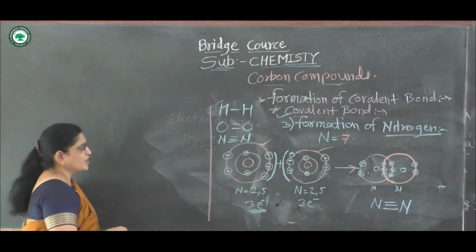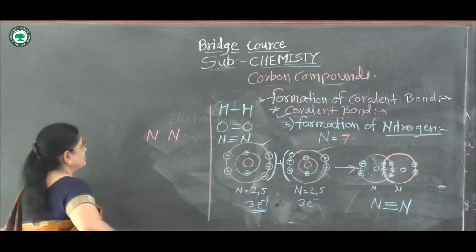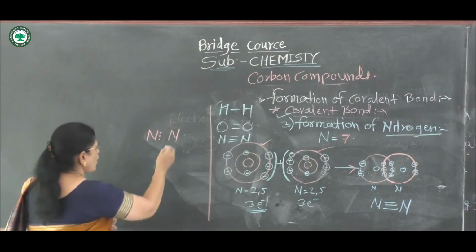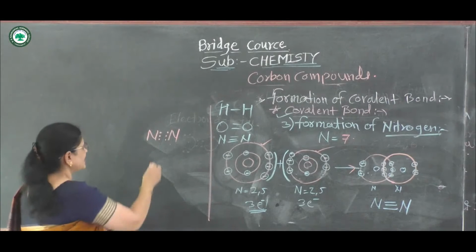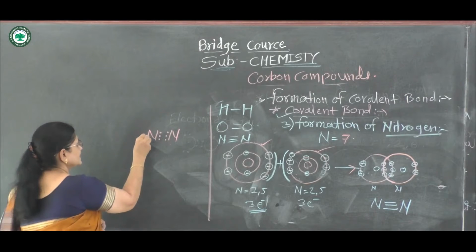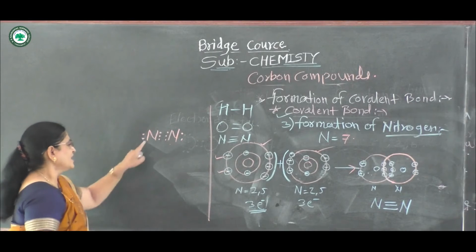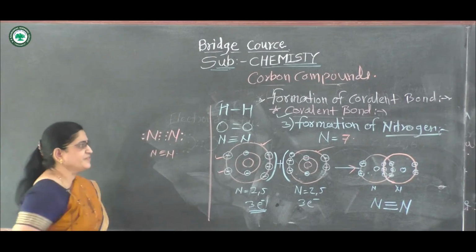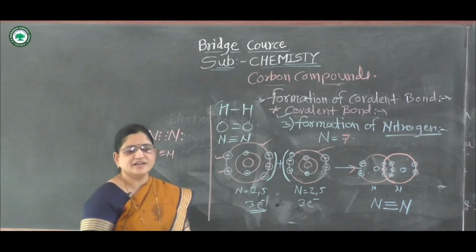Then what is the electron dot structure or electronic structure of nitrogen? Suppose these 3 electrons are shared by this nitrogen atom, and these 3 electrons of the other nitrogen are shared with this nitrogen. Hence write 3 electron pairs between the 2 nitrogens, and on each nitrogen there are 2 electrons, the remaining 2 electrons shown on this side, and there is a nitrogen-nitrogen triple bond. In this way, it forms a covalent bond in hydrogen, oxygen and nitrogen.